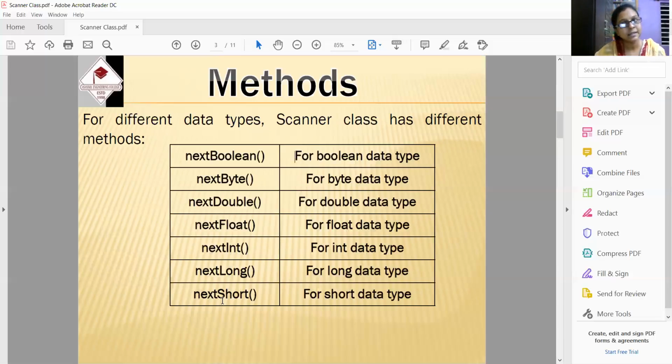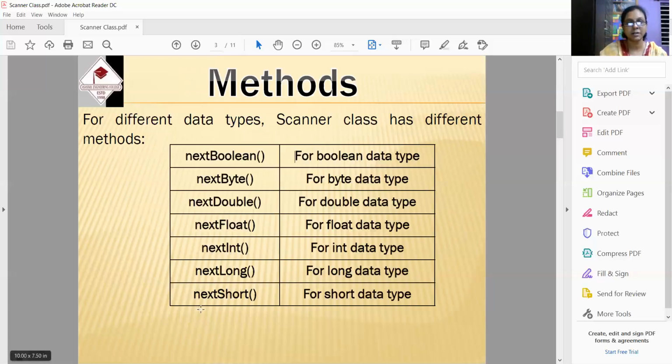Dear student, for character, there is no such method to take a character type of value. The input device or Java compiler will be in an ambiguous situation if I give a single character C. Just remember about command line arguments: you have given C, but still it is treated as double quote C, that is the string C. So if I give a single character, the compiler cannot understand whether it is the string C or the character C. So whatever I give will be treated as a string.